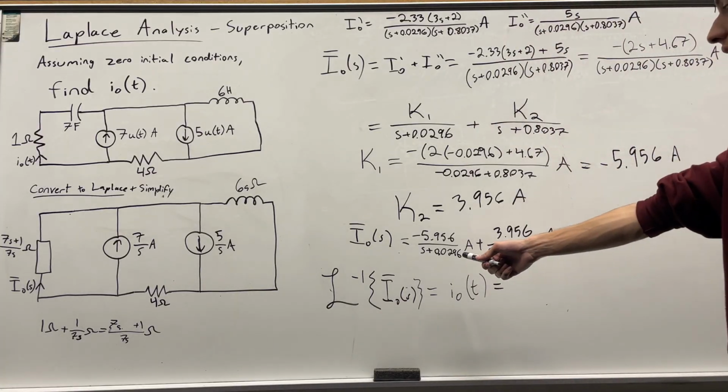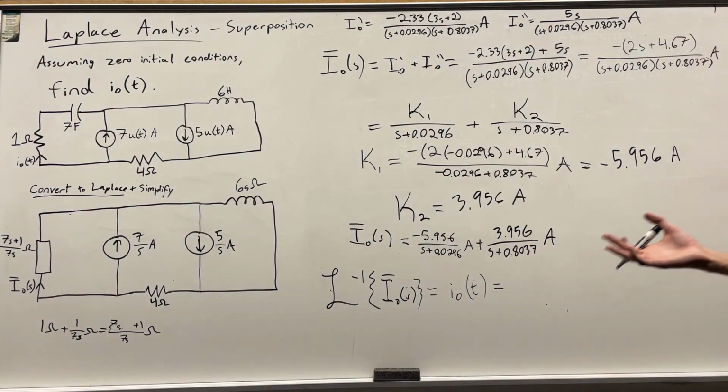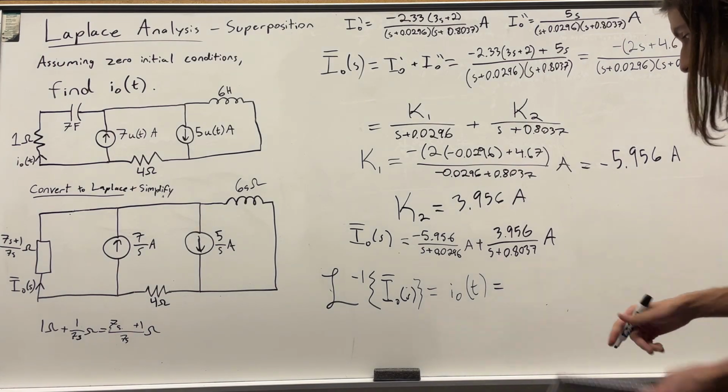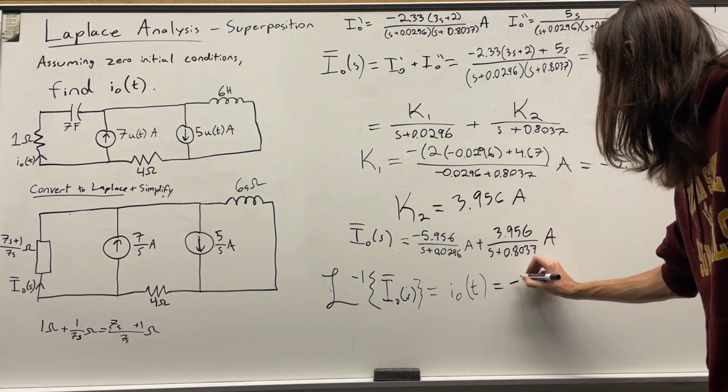Both of these are in the form in the table for the exponential, similar to the previous problem. So it's pretty simple, just going to be negative